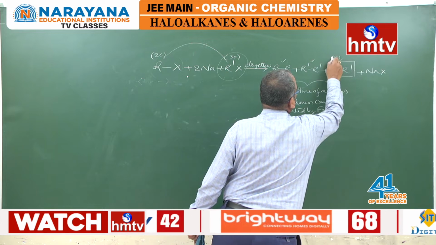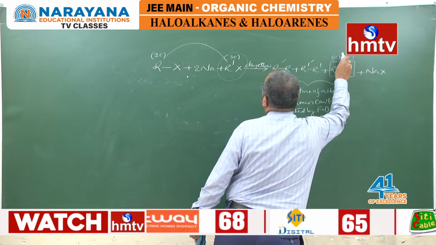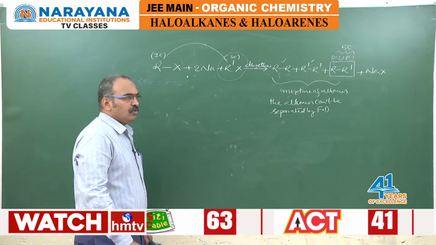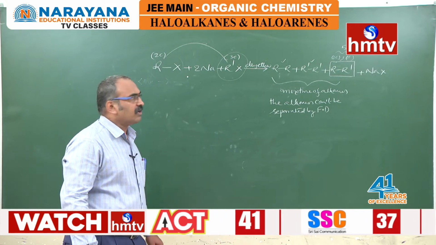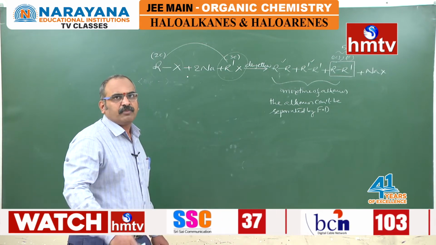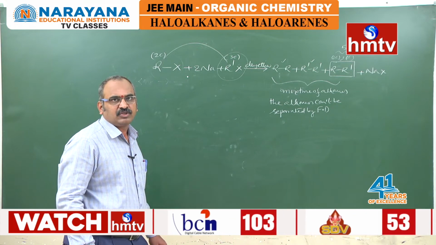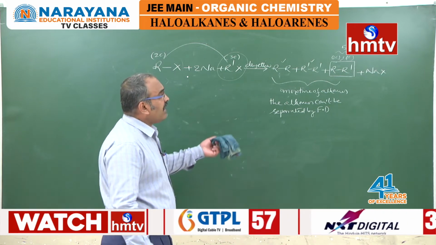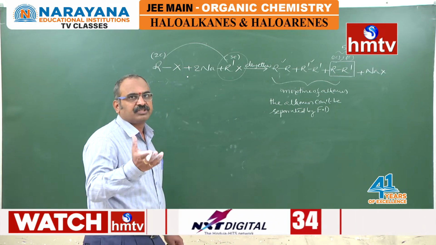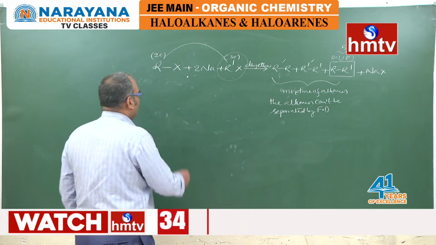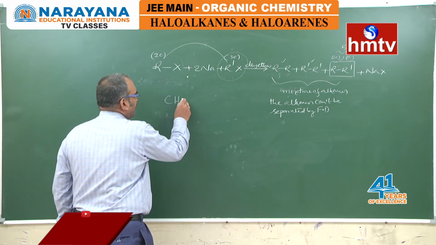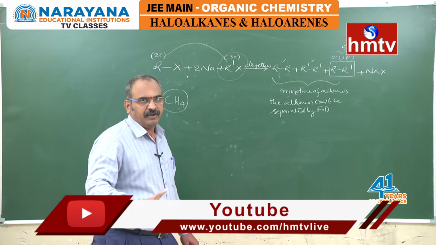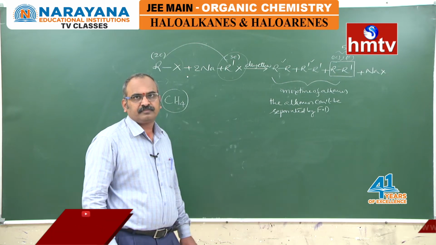Here, 2 plus 3, a 5 carbon alkane is supposed to be formed. So you cannot prepare an alkane with an odd number of carbon atoms. I mean to say, it's not a suitable method for the preparation of higher alkanes with an odd number of carbon atoms, because you are getting a mixture. Instead of a single compound, you are getting a mixture of compounds. Now another thing, you cannot prepare methane by Wurtz reaction, because methane has only one carbon. You cannot prepare methane by Wurtz reaction.